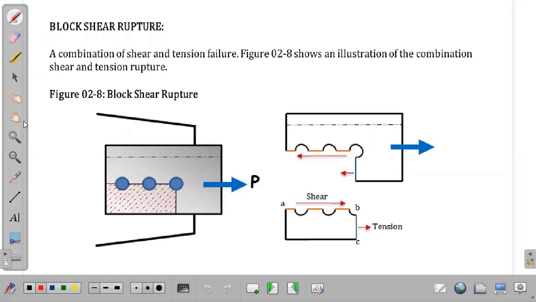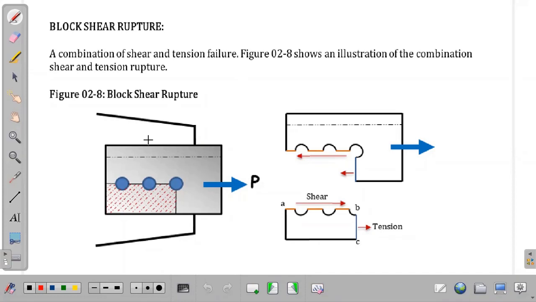So we have here the block shear rupture. Okay, so the figure shows the combination of shear and tension failure. We have here the block shear rupture shown in these two illustrations of the combination of shear and tension. Okay, so if we have a diagram here, when we have a diagram, this is our failure in block